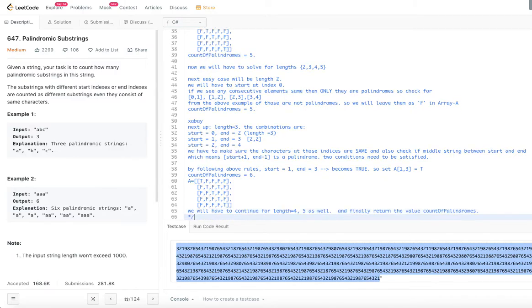Finally, we will have to apply the same logic for length 4 and length 5 also, but in this particular case there are no palindromes for length 4 and length 5. Even though they are not there, you will have to go through and do it. Finally, when we updated the array of 1 3 to true, we update the count of palindromes. It was 5 and we add 1 because start is equal to 1 and end is equal to 3, that is a palindrome, right? So we increment the count of palindromes, so 6. Whatever you get at the end of processing all the lengths, the count of palindromes, just return finally.